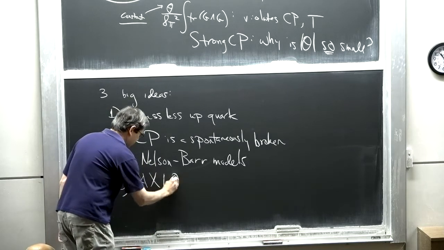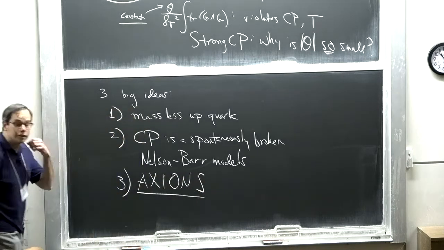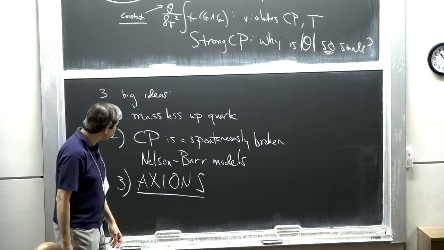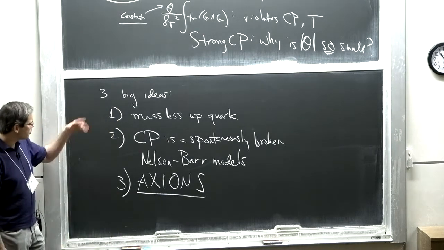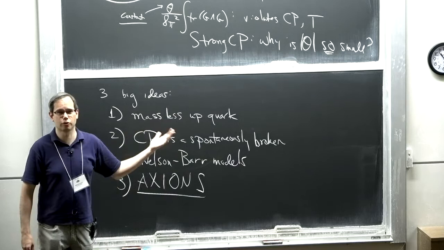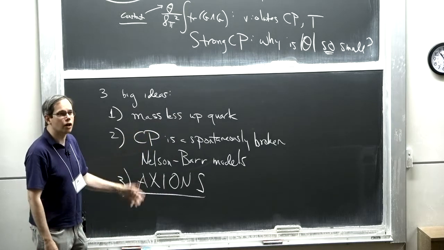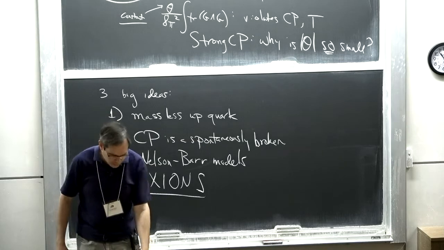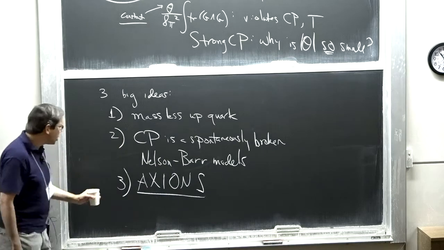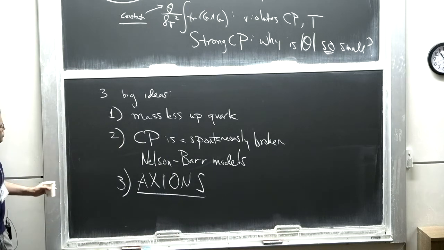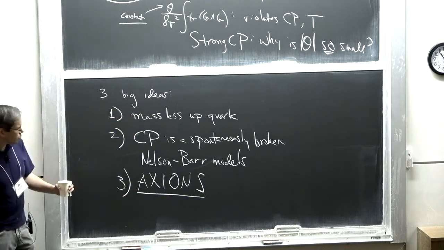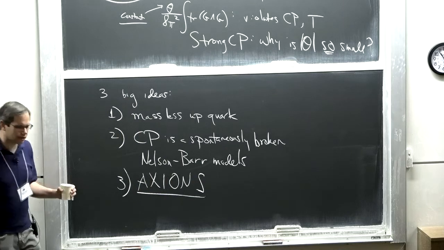But where we're headed is axions. Axions are, in my opinion, the most plausible solution to this problem. I forgot to say the massless up quark solution is actually disfavored just by precision data. So it's a nice, elegant idea, but it doesn't seem to work in detail. Axions have one big problem, which is called the quality problem. One thing I want to do, hopefully by the end of this lecture, or at least the beginning of the next one, is tell you why I think the quality problem is actually not such a big deal as a lot of people make it out to be.